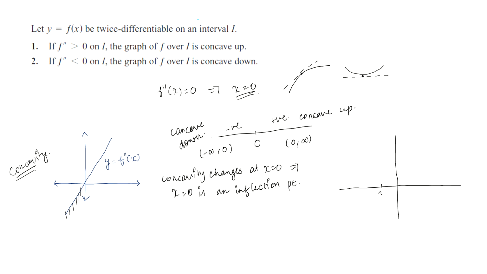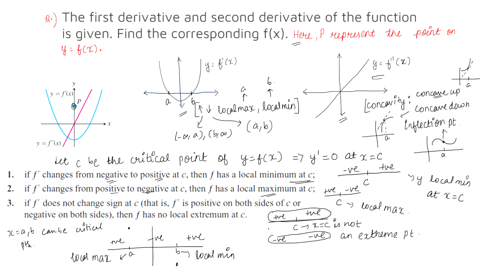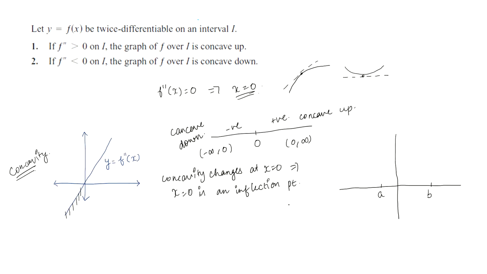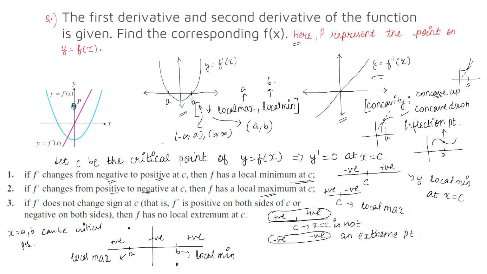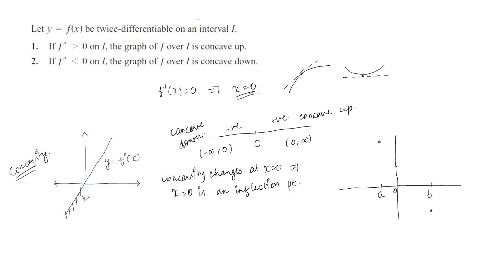Now, this is point A and this is point B. We know that A is a local maximum. Let us assume that A takes this value. And we know that x equals B is the local minimum. So, we have at x equals A a local maximum, at x equals B a local minimum. At 0 the concavity changes. Fine, if this is 0 the concavity will change. And also it is given in the question that the graph of y passes through this point P.